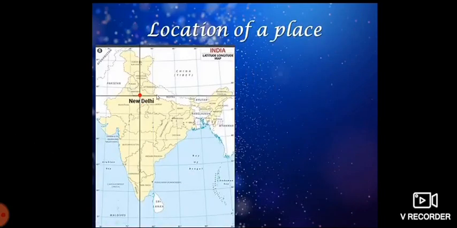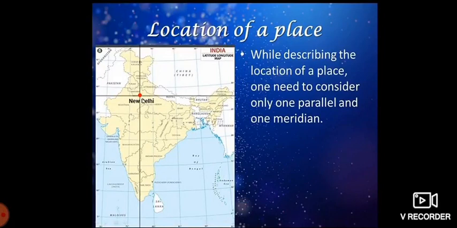Now let us learn how to use graticule and find the location of a place, extent of a region, or linear features. Okay, so now I will display some maps on the screen and I am going to teach you. But for more understanding, you can refer to your atlas. If you have an atlas, you can refer to that book. Also, you can make use of a world map. So first I'll teach you how to describe the location of a place. If we want to describe the location of a place, we need one parallel and one meridian.